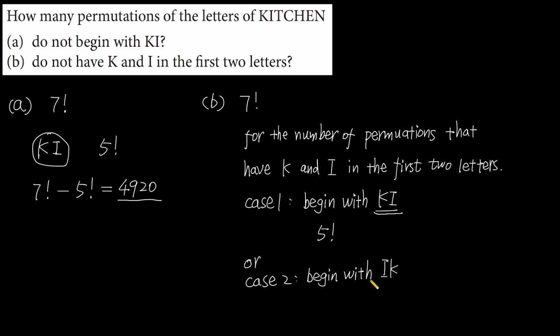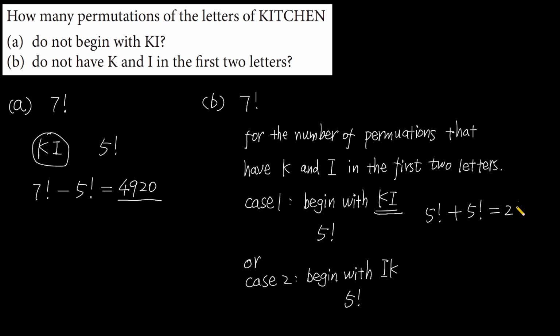Similarly, for permutations that begin with "ik", we put "ik" as the first 2 letters. Then we permute the left 5 letters behind them. So the number of permutations that begin with "ik" is also 5 factorial. Use the addition principle. The number of permutations that have "k" and "i" in the first 2 letters is the number of permutations of case 1, 5 factorial, plus the number of permutations of case 2, 5 factorial,